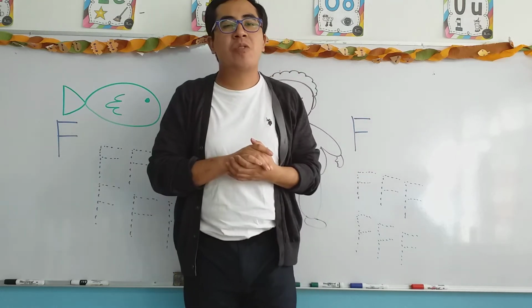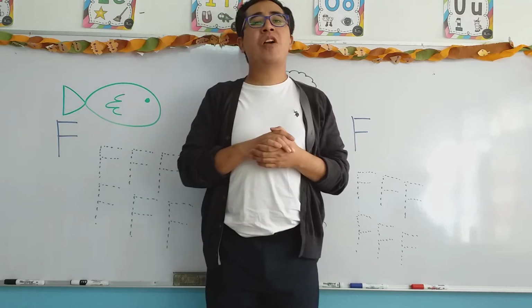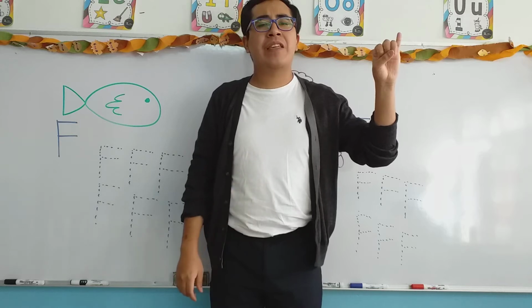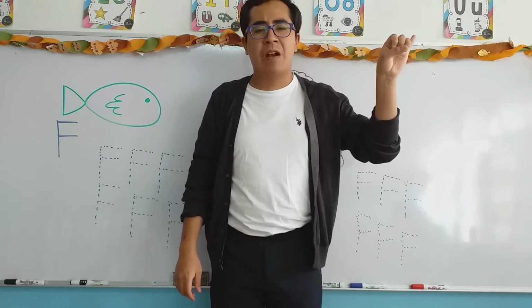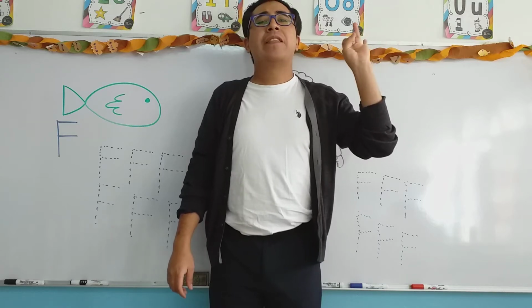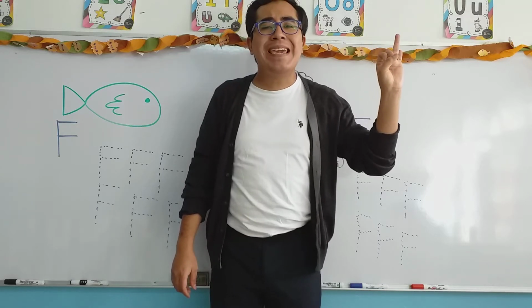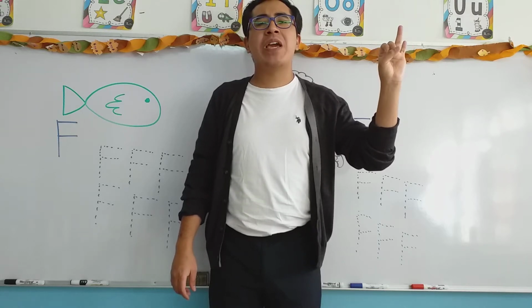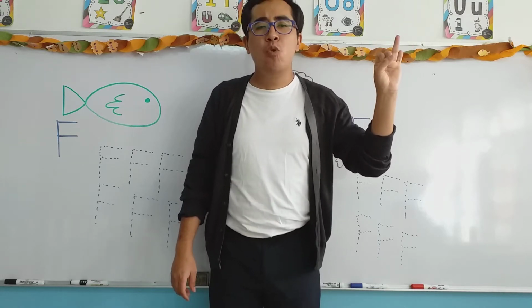So, let's start with our review. We start the alphabet with the letter A. The letter of ambulance, the letter of airplane, the letter of ant and apple. Then we have the letter B, the letter of boot, the letter of bone, hueso, the letter of balloon, and